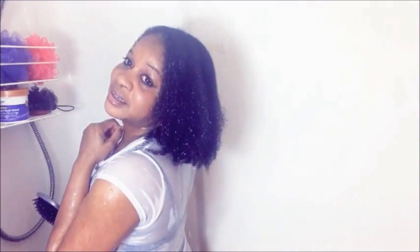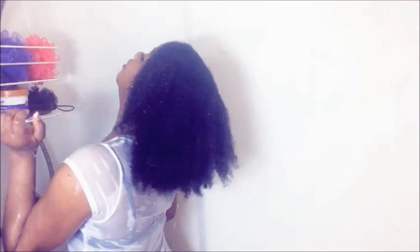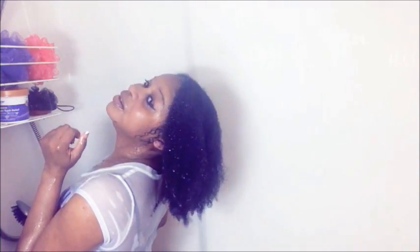And I keep thinking to myself, am I going to be able to handle this hair when it gets to its real length? It will not stop growing. It just grows like those people who grow dreadlocks. Their hair just grows and it just drags on the ground, you know. So anyways, that's the bridge that I will cross when I get there. For now, I'm just